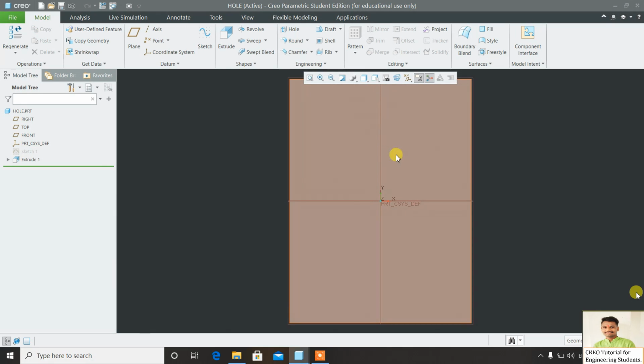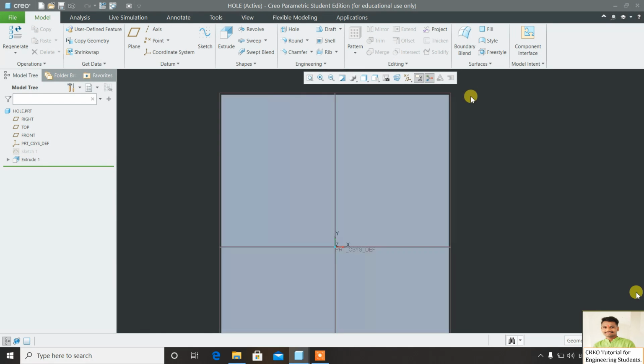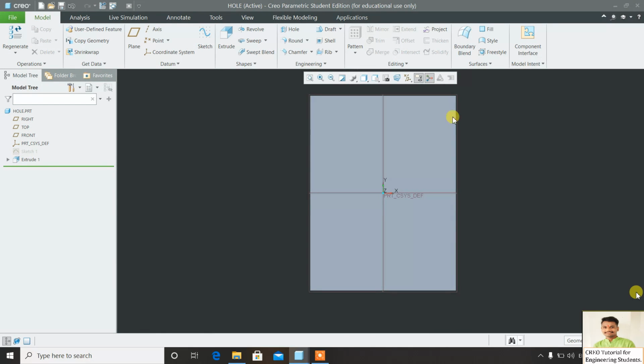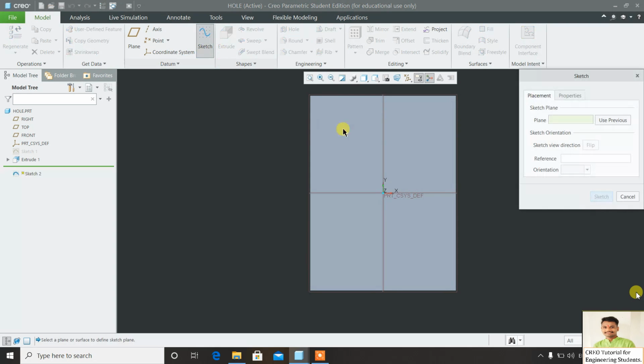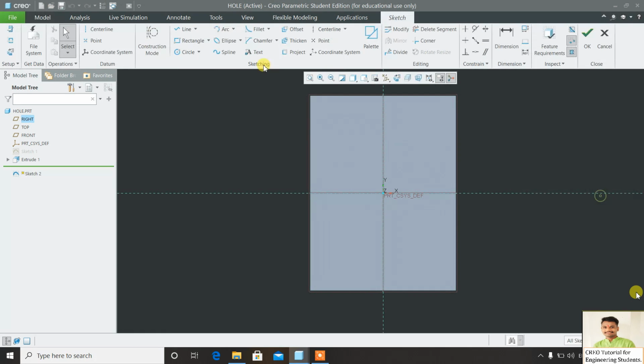In this front view, the rectangular plate is looking like this. If I want to make a hole at this portion, in this quarter, then I will go to sketch, select top plane, sketch, then go to circle and select a circle.